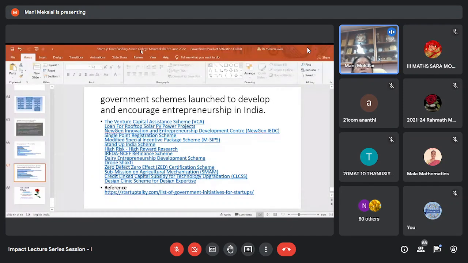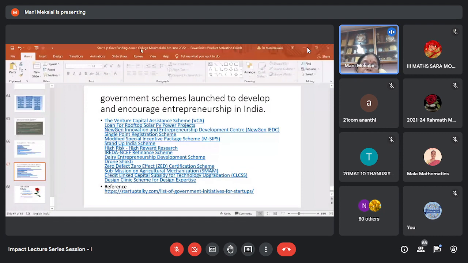For any other clarification, you can always approach the District Industry Center, which is located just opposite to Hotel Sangam, on the Collector Office Road. And if you want to specifically start